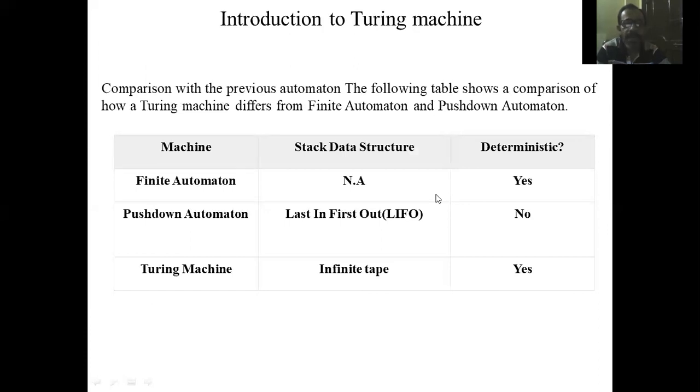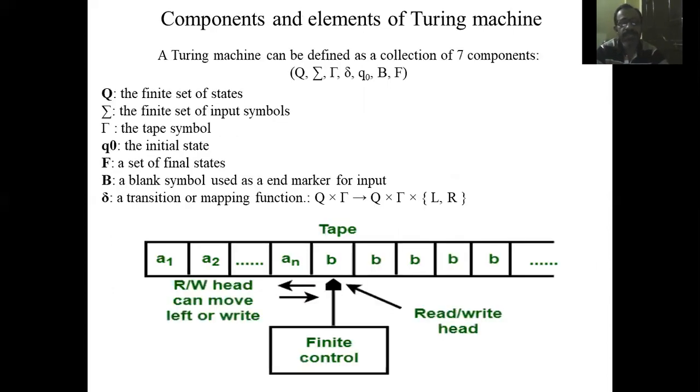Of course, these are the differences between stack, finite automata, and machines, and whether they are deterministic or non-deterministic. Suppose you take finite automata: a stack data structure is not used in finite automata, but pushdown automata use a stack. I already explained this in previous videos. A Turing machine also does not use a stack, which contains only an infinite tape. So I explained these components and the Turing machine structure.